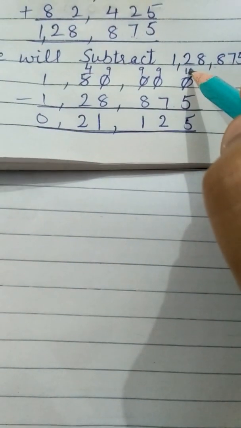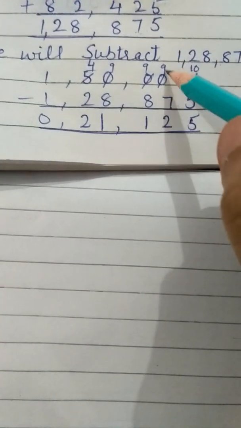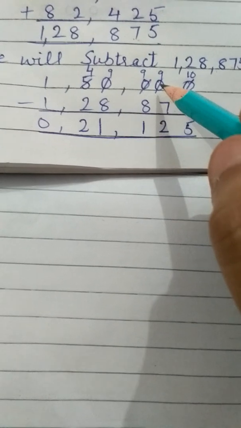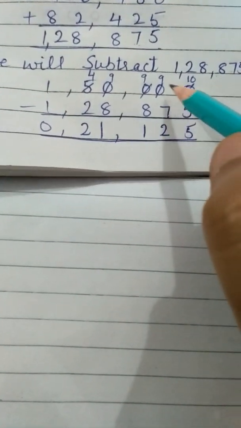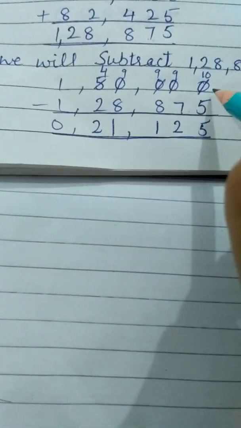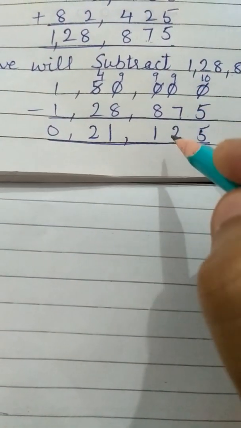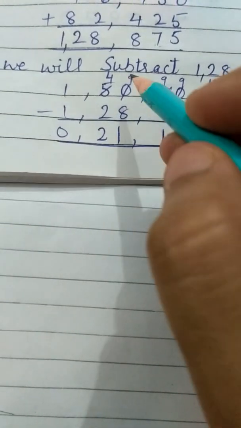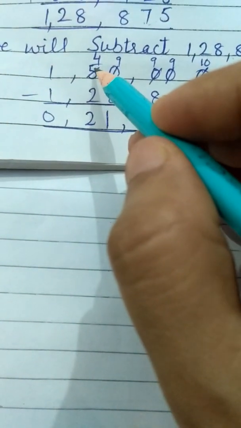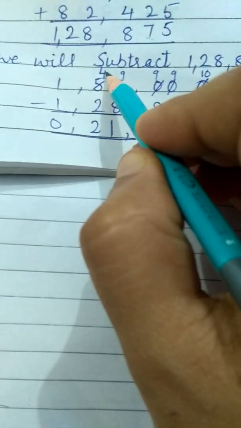So here will be 10. 10 minus 5 is 5. 9 minus 7 is 2. Because we are borrowing 1 from this number to this, here 9 is remaining. Here also 9 is remaining. In the same way, however many 0s are coming, the 9 will be remaining. 9 minus 8 is 1, 9 minus 8 is 1, because we have borrowed 1 from 5 here, then the 4 is remaining here.